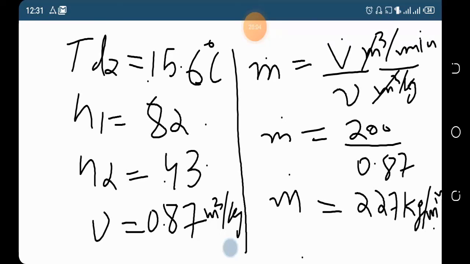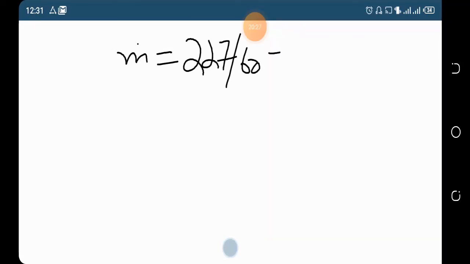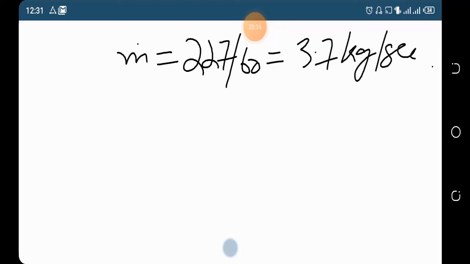Now come to the second page. If we divide 227 by 60, you get 3.7 kg per second. Okay, now calculate the